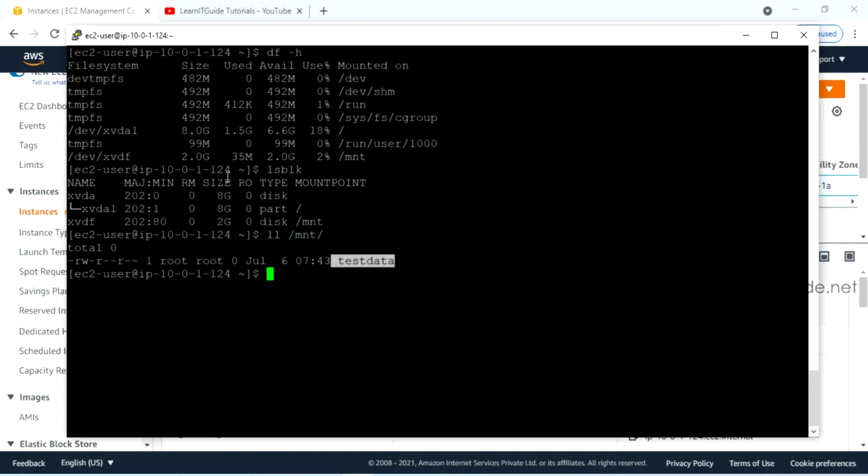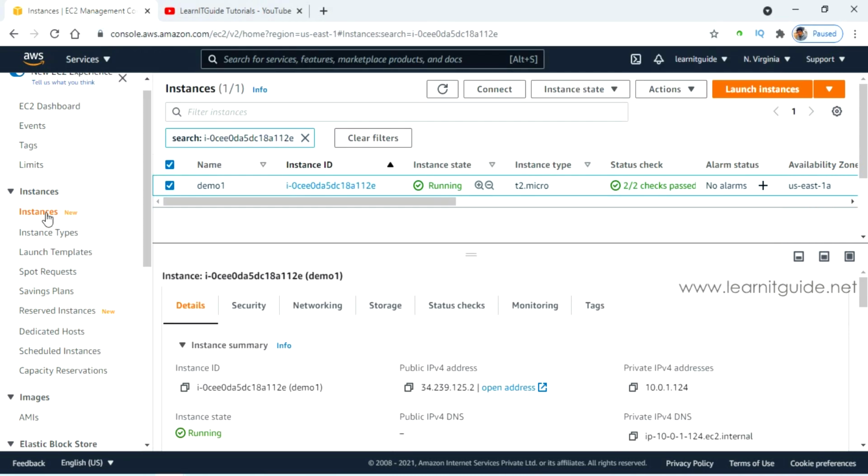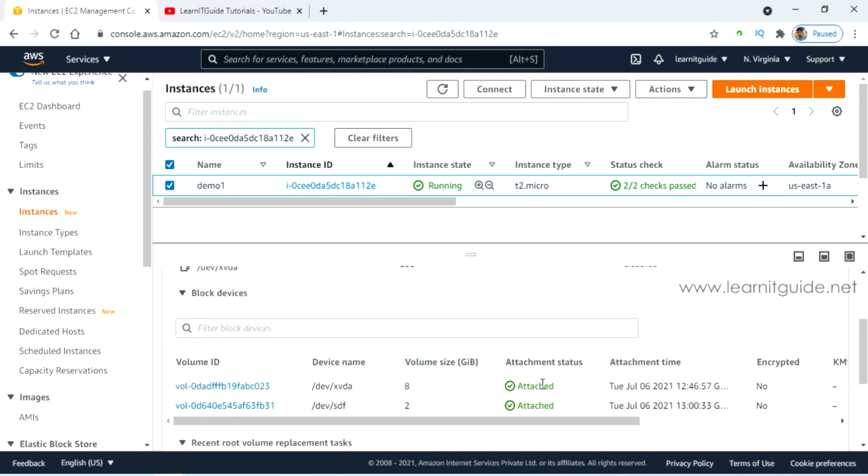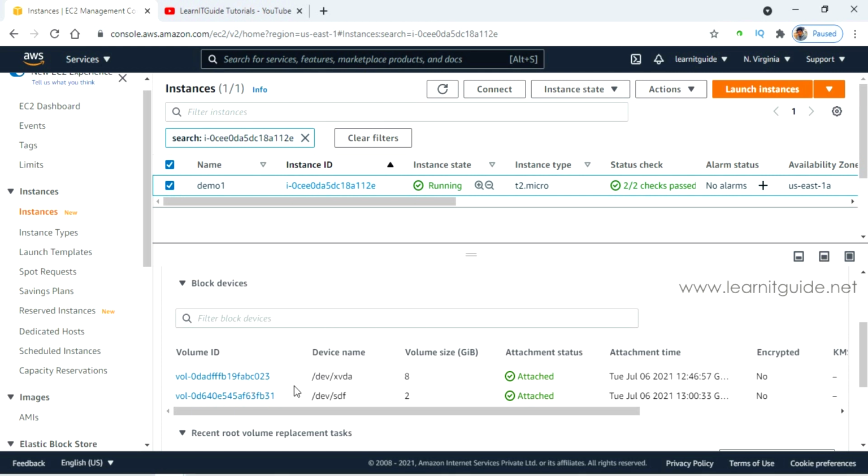First, go to the instance, select the right EC2 machine, scroll down and go to Storage. If you come down a little bit, you'll be able to see the list of volumes attached to this particular EC2 instance. You have to be very careful while doing this. This EC2 machine has two EBS volumes, one is 8 GB, which is my root volume, and this is an additional disk of 2 GB. This is the volume we are actually going to extend.